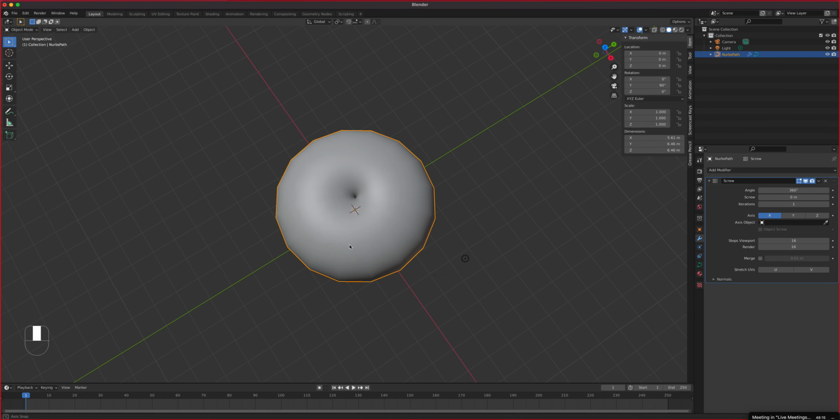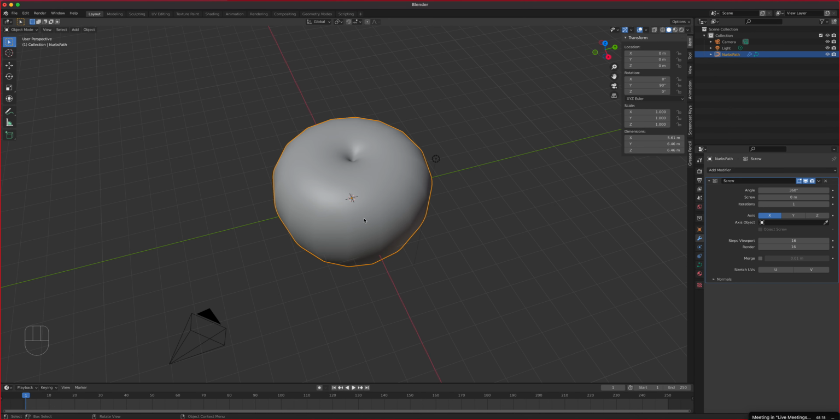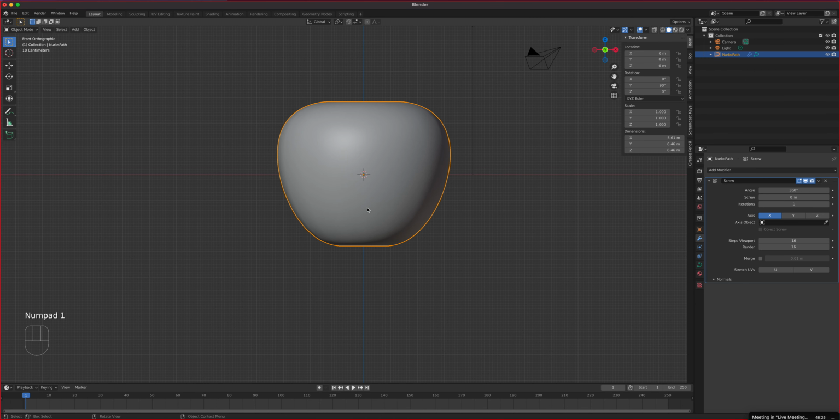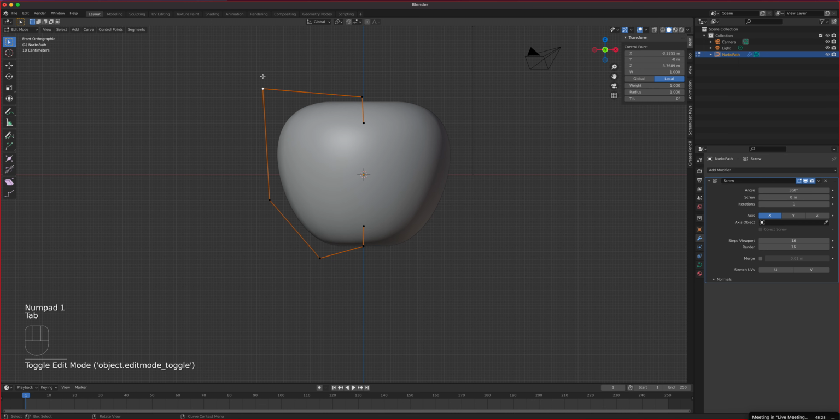Okay, and if you're wondering why it doesn't look smooth, this is not a polygon yet. This is still a curve. So if I go back to number 1 and then I hit Tab, I still have access to those points. So now, let's say you want a little bit more of an apple look instead of whatever it is that you made. Then you still have this option right here to change the shape. Once we convert this into a polygon, you can no longer edit it this simpler way. It's going to be